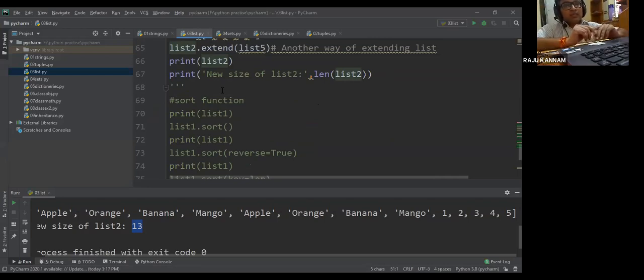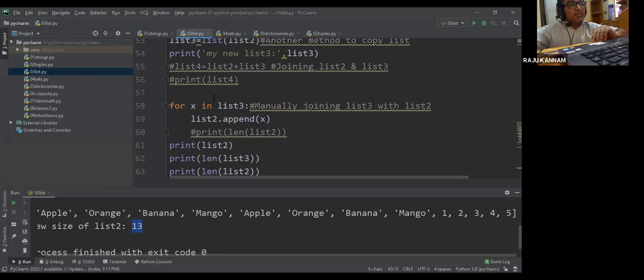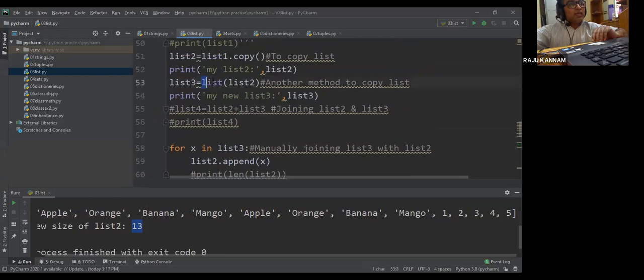What is the difference between the constructor list and the extend keyword? The constructor we will discuss in the OOPS concept. Extend will add more elements to the existing list, but the constructor is used to create a new list. It is not going to add extra items to the existing list.